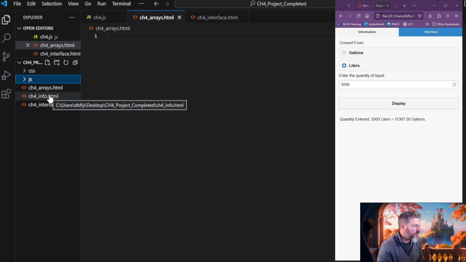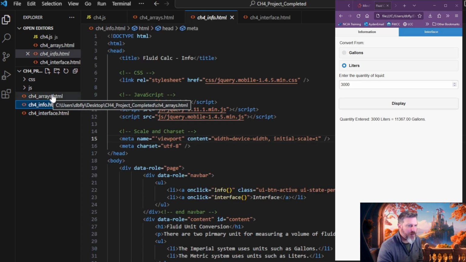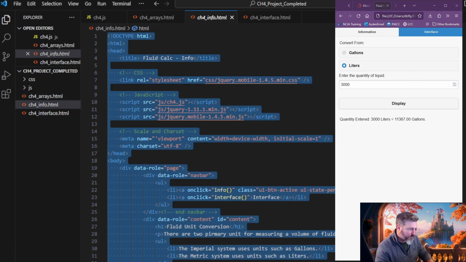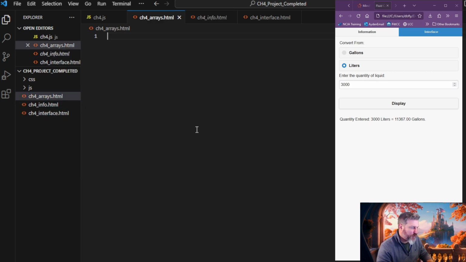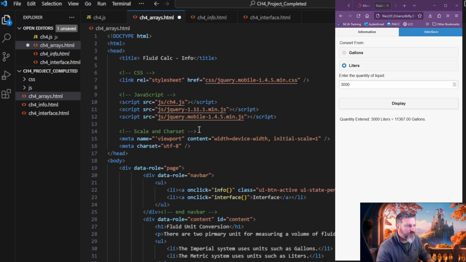And a lot of this is going to be copy and pasting. It's all going to look the same. So I'm opening up the info page. Control A, Control C, go back to the arrays page, Control V. There, I got it. Just about everything done. The only thing, I think, is the nav bar. We're going to have to change this on all of them. So we're going to change the nav bar, and let's see, on the info,